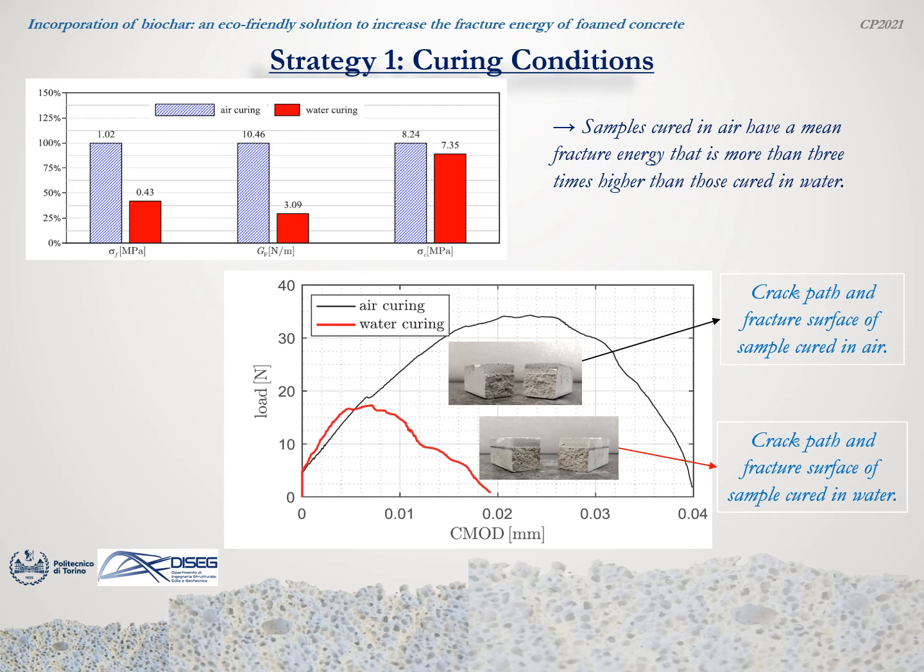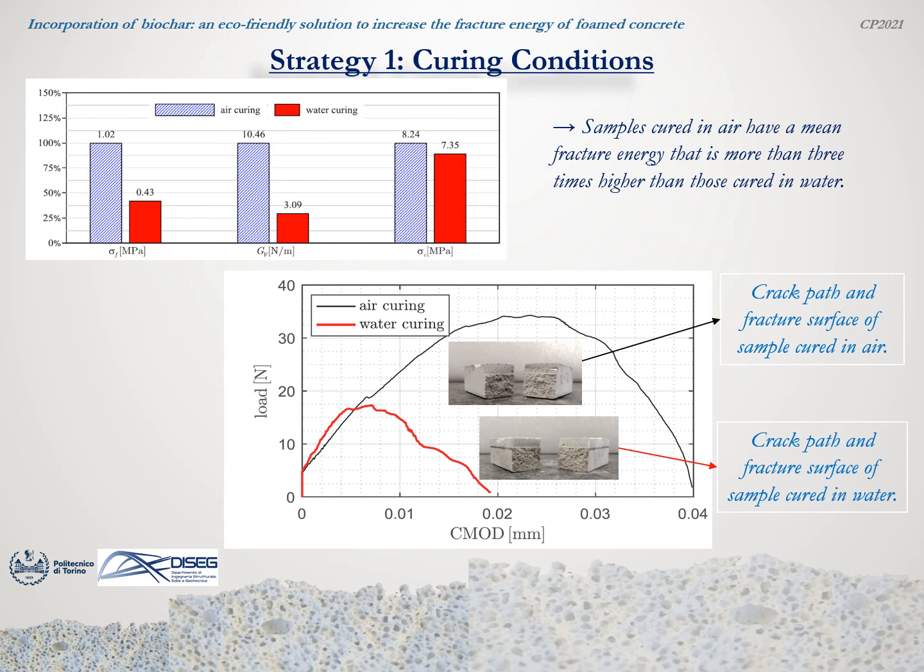Taking a look at two representative specimens corresponding to the two different curing conditions, it is possible to notice that the crack path is quite similar, but the crack surface looks slightly different in the two cases, showing a more evident tortuosity in the air-cured specimens than in the water-cured ones. This macroscopically justifies the higher fracture energy